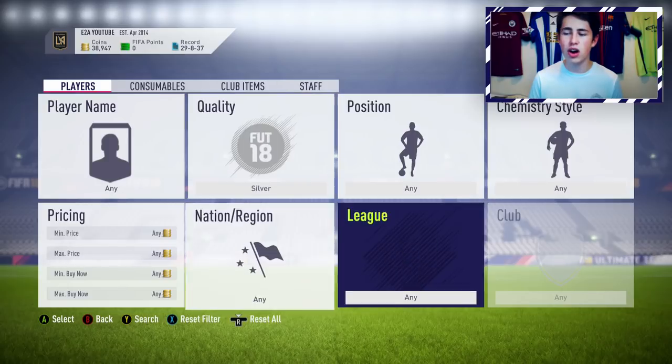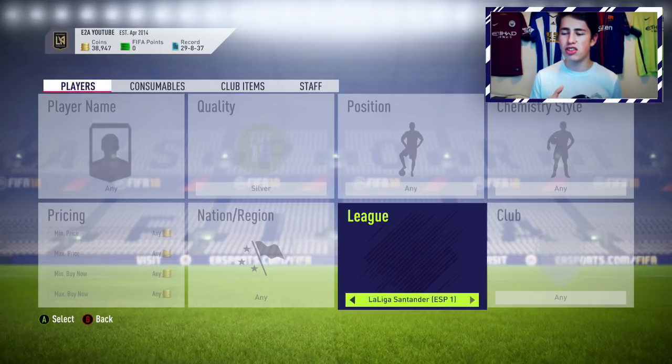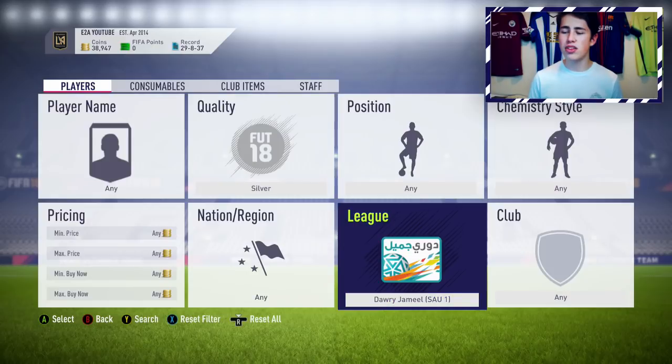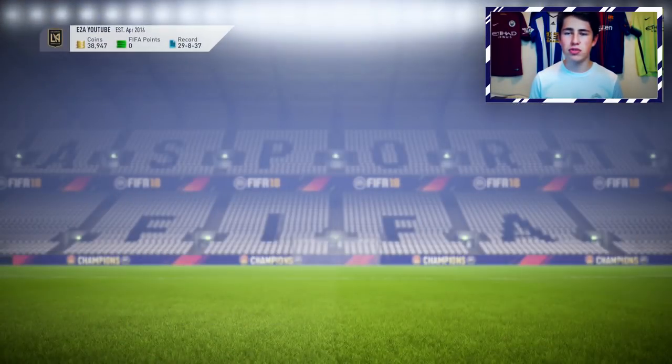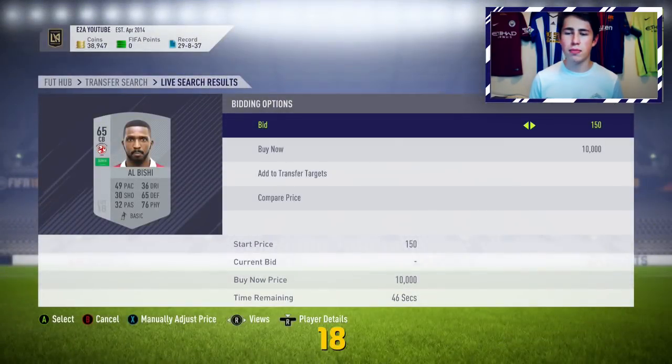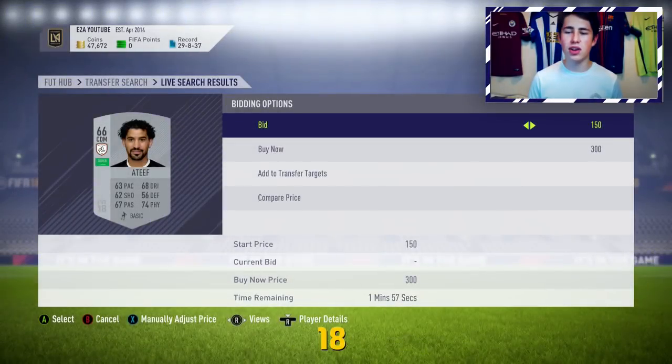So always go with silver cards, and then you just want to pick a league and invest in a load of players from it. So I would recommend staying away from those major leagues like the Bundesliga and La Liga right now, just as those cards are a little bit hyped up. But let's go, for example, with the Saudi League, and all you want to do is put the maximum price to 150 coins and then just go through and mass bid on all of these cards here, and basically just pick up one of every single card from the league, and then you just want to go ahead and send